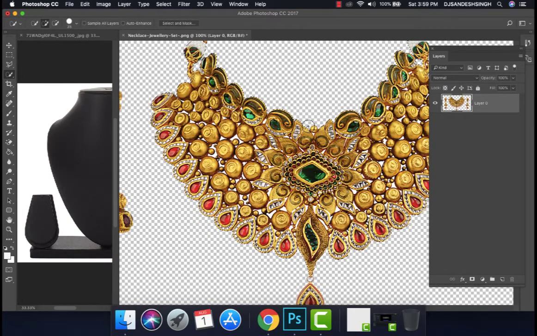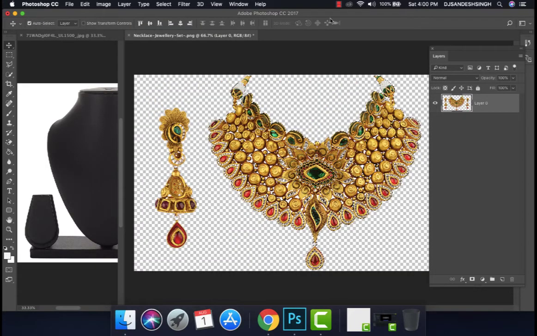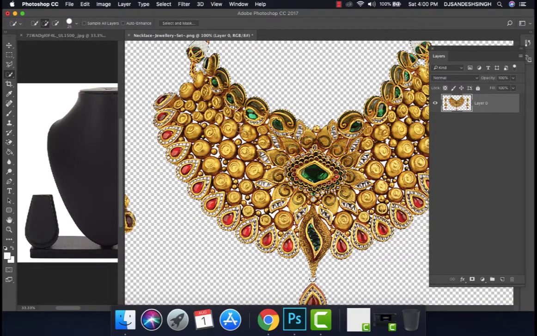Control plus to zoom in, control minus to zoom out, so you can see very clearly how your jewelry gets selected properly. You have to click over there also. Now it is selected properly. Everything should basically be a very proper selection. Now we have to drag over there also, but there are some things left, which is why I'm saying zoom in and clear all the things.